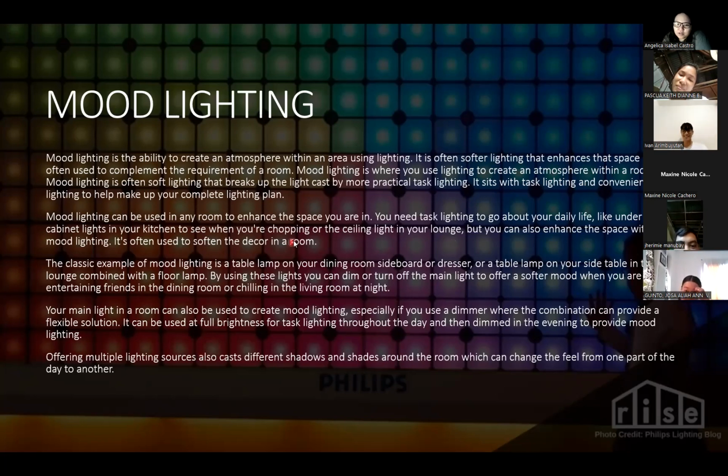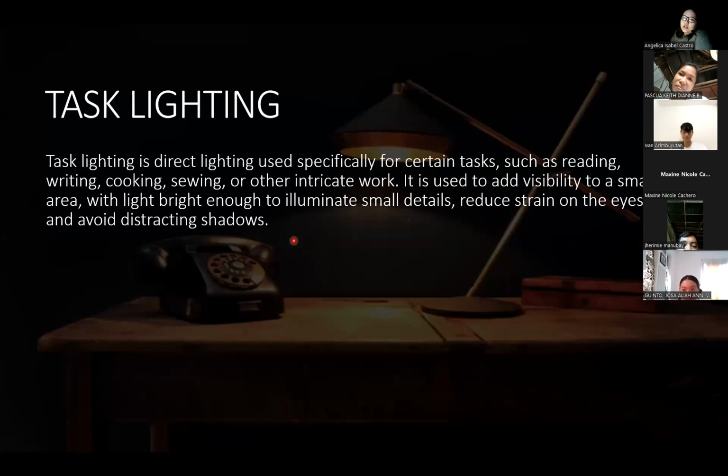Char. Anyway, moving on. Naintindihan nyo? Another kind of lighting based on function is what we call the task lighting. So a task lighting is a direct lighting specifically used for tasks. Meron pala tayong direct and indirect lighting. So si mood lighting is a kind of indirect lighting. So you can read on that on your own kasi that's something na hindi nyo naman din super kailangan. So let's focus on what you need. You have your direct lighting, you have your indirect lighting. The task lighting, based on purpose, is a kind of direct lighting na specific to aid you or to help